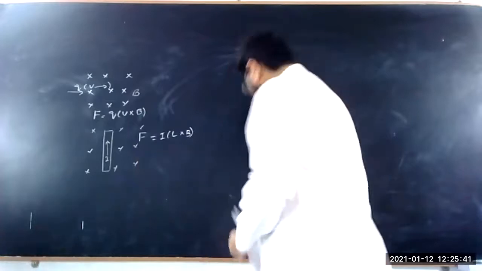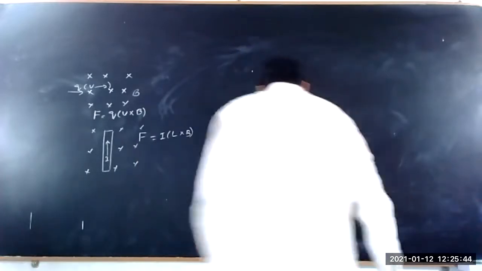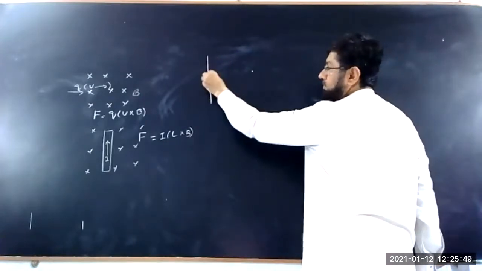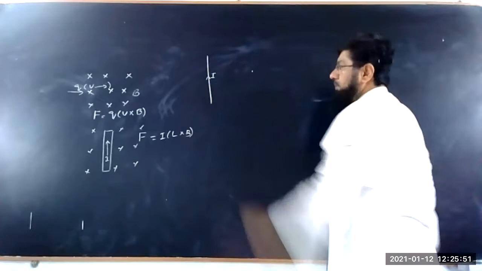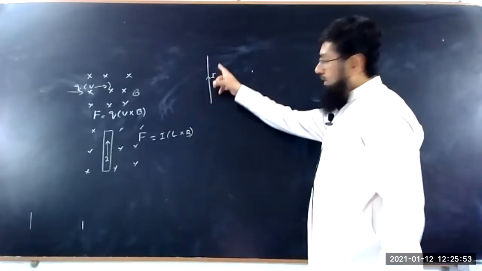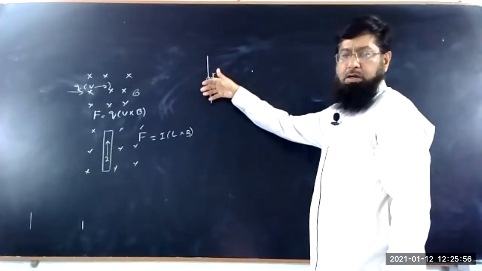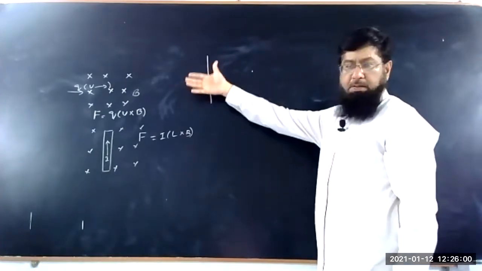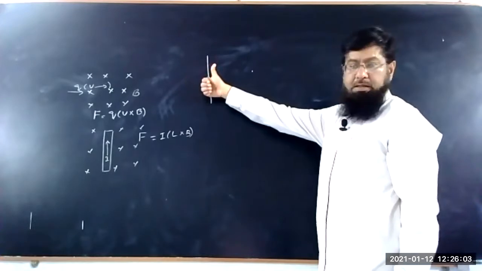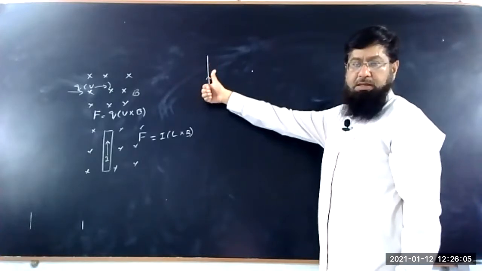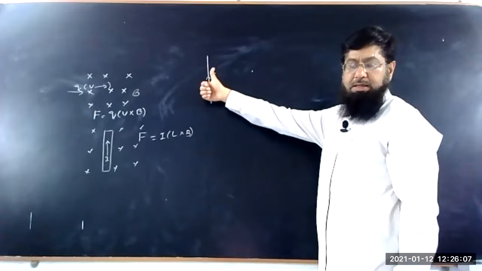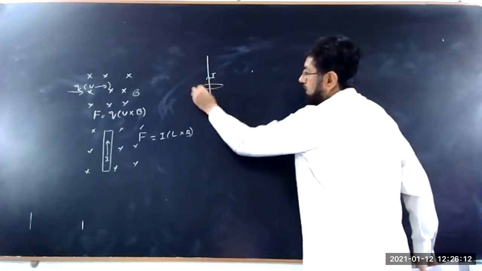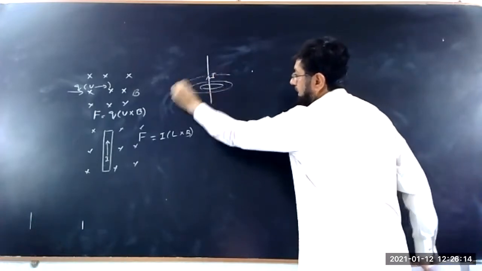Similarly, according to Ampere's law or Biot-Savart law, if this is a wire carrying current I, this wire will generate a magnetic field around it. The direction is given by the right hand: grip the wire in the hand with the thumb pointing in the direction of the current, and the curved fingers indicate the direction of the magnetic field. As a result, the magnetic field around the wire is in the form of concentric circles.